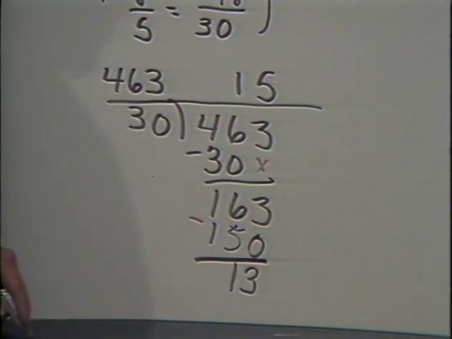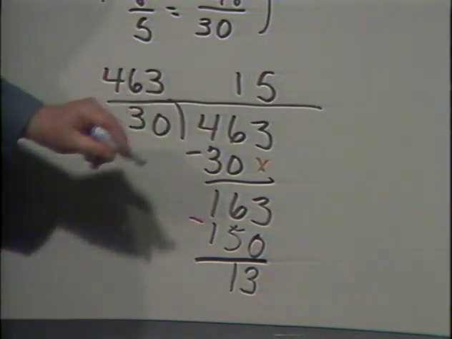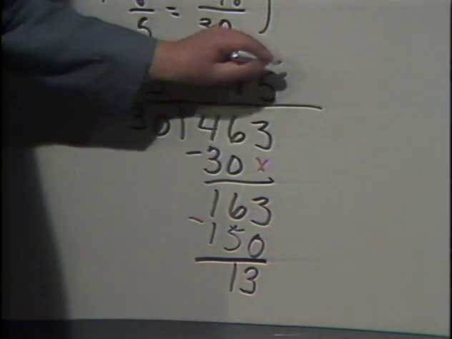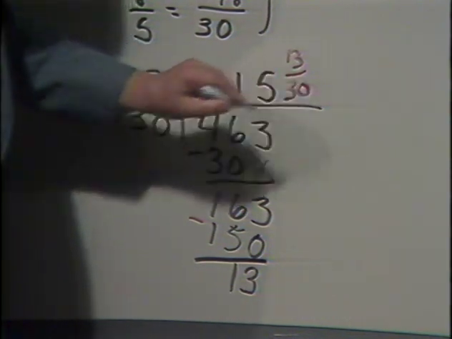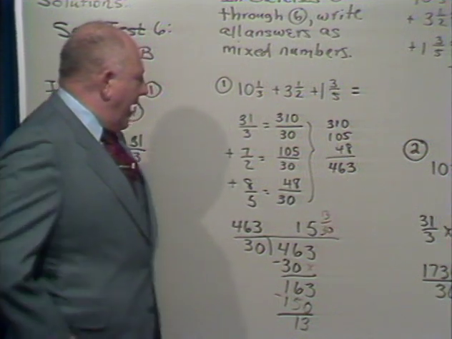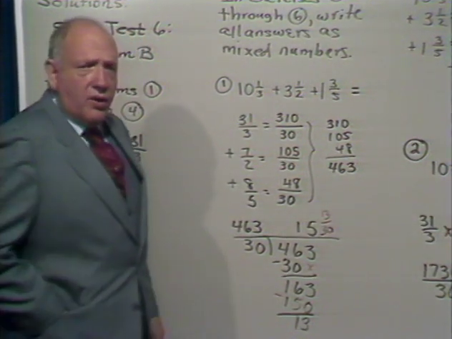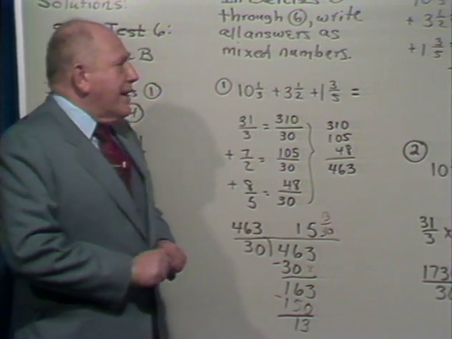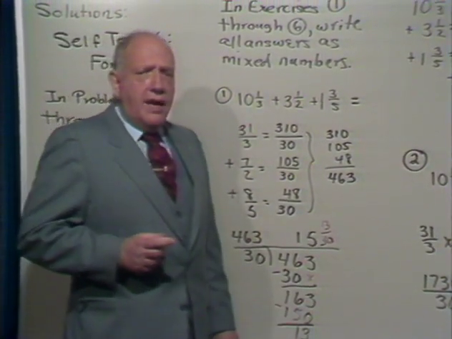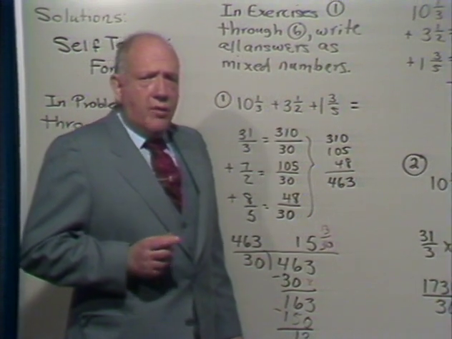150 from 163 is 13. So the answer is what? 15 with a remainder of 13. And we write the remainder over the divisor. So for a mixed number, the answer is 15 and 13/30. And again, because this was purely an addition problem, it turns out that there was a faster